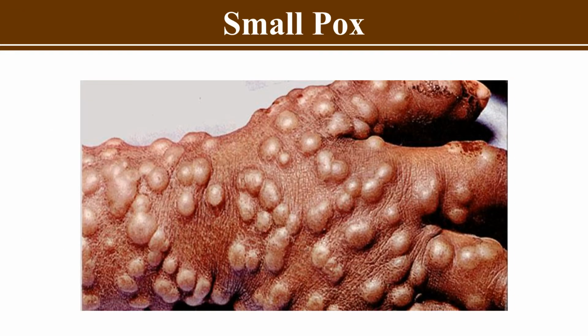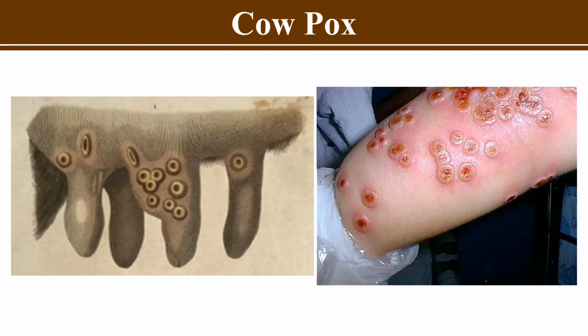So this is your smallpox, class, usually found in the skin of humans. And here we have your udders, or your cowpox. So ito yung udders, class, wherein the milk would pass through. So Edward Jenner took cowpox lesions and inoculated them to James Phipps. Then he waited 6 weeks. After 6 weeks, he inoculated smallpox naman. And because of that, being inoculated first with cowpox, James Phipps became immune